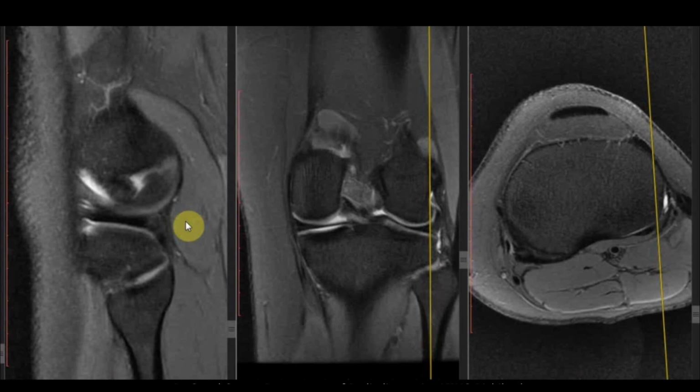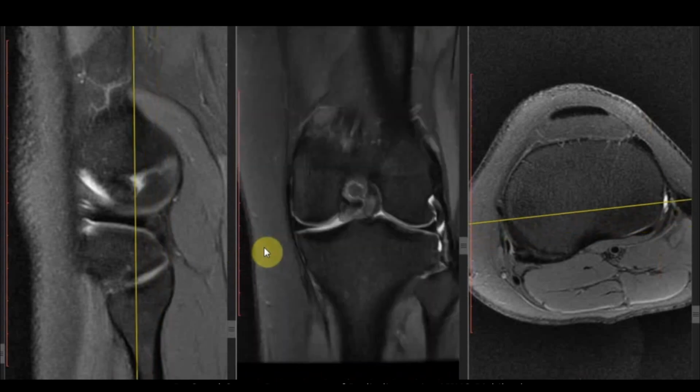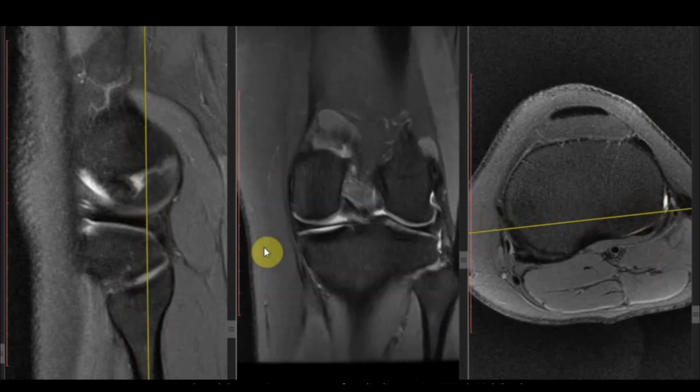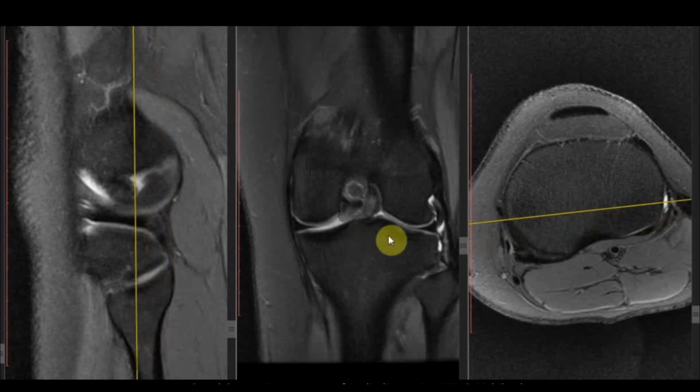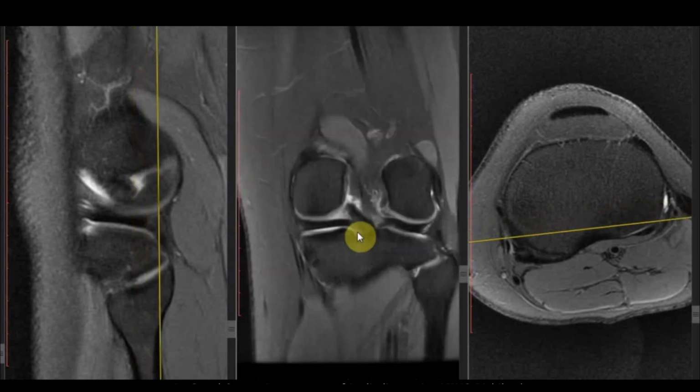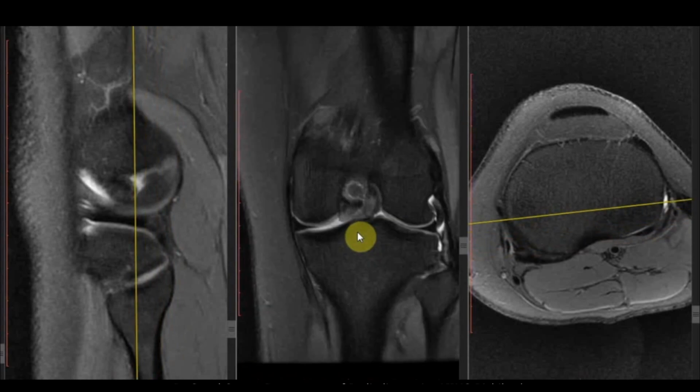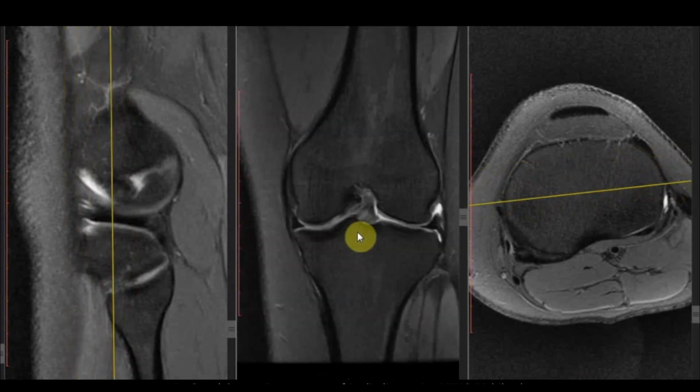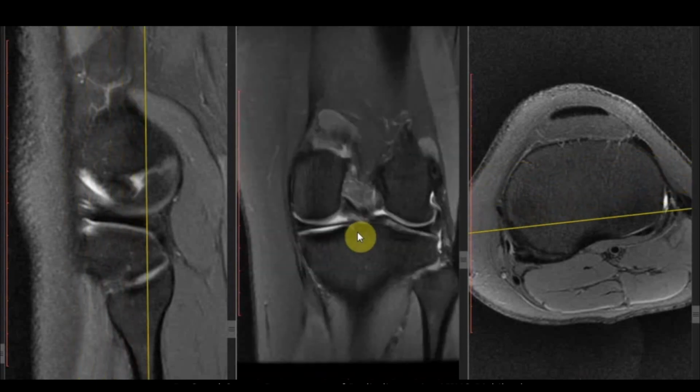The medial meniscus is quite an immobile structure. It is not as mobile as the lateral meniscus, and so it is also more prone to trauma. We can see this is the popliteal tendon, and it lies in close proximity with the lateral meniscus. So I have described the menisci on the sagittal, coronal, and axial planes, and also the different zones.